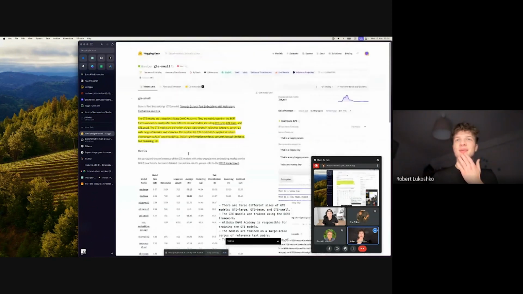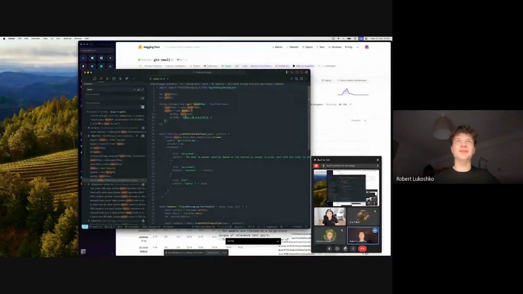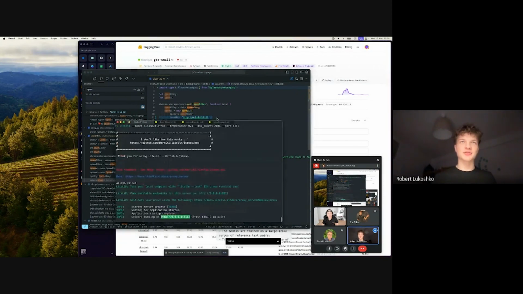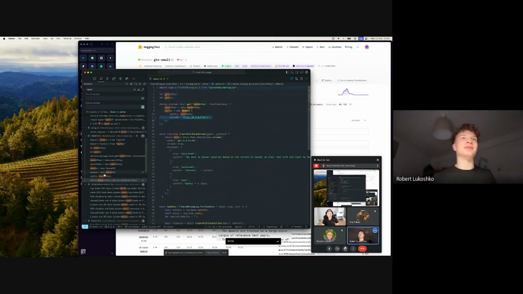I'm not sure if actually it's working because it answered too fast. But yeah, I don't want to take too much time. Basically, the idea is that you just replace the endpoint, the base URL, with the local one, and it just magically starts to work. And you can see the request here. I think I made it work in the demo, but this is kind of how it works. Yeah. Damn, I'm not sure. I can't say if it's working right now or not because I haven't opened this part of code for a long time.